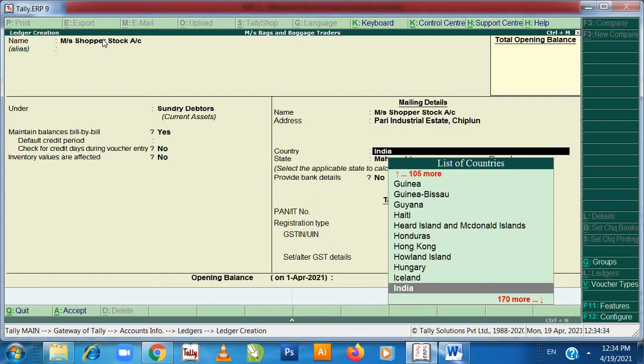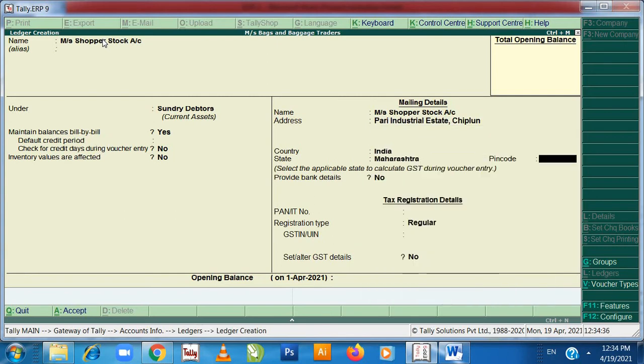State is Maharashtra. Pin code is 415605. Enter, enter. Regular. If you have GST number, yes, we do have GST number